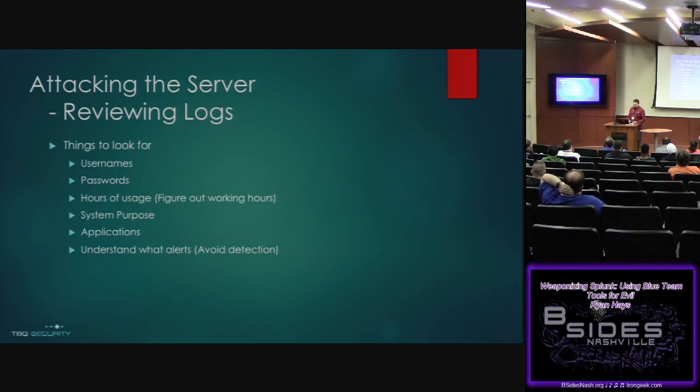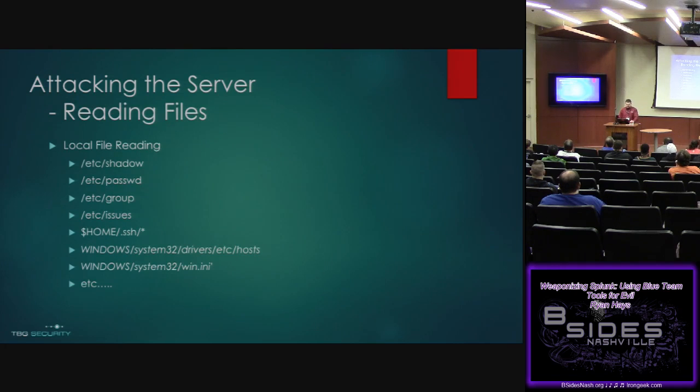Here are the things I look for, just some key terms to throw out: username, password, things like that. Those are really going to get you the quick wins. And here are some files that I usually go for. The SSH keys, that's really fun. If I can't get command execution, maybe it's running as a lower level privilege, but then I can grab these